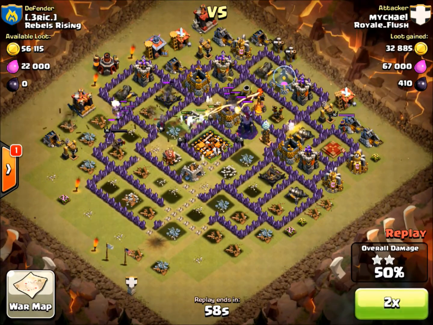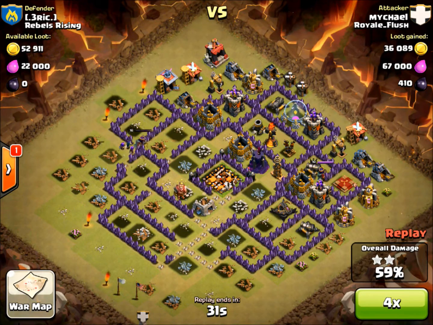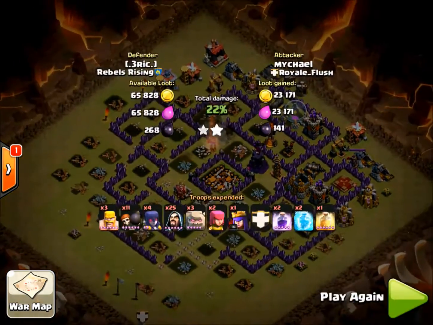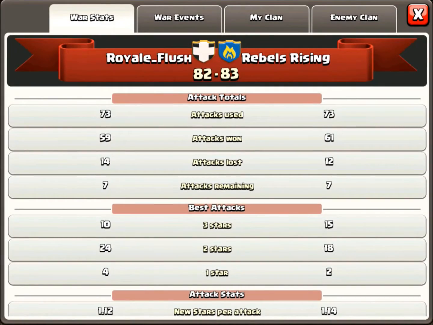So just gonna fast forward through here. She takes out a bunch of other buildings, they work their way around. And we'll get the 2-star on their #1 player. Apparently he wasn't too happy about that and decided to come back and 3-star me at the very end,